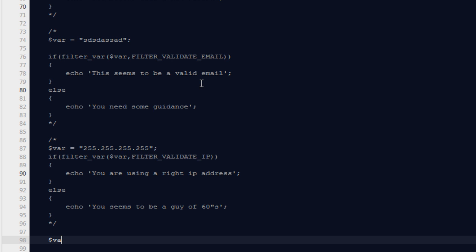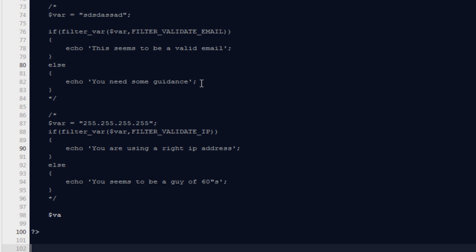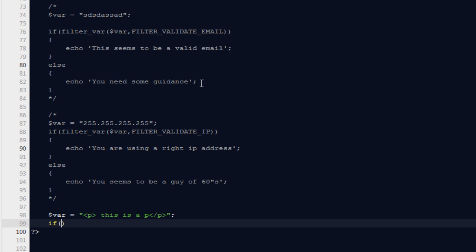Here I'm going to create a variable on the bottom. And guys, what I'm going to do is write some chunk of HTML here. I'm going to say this is a P. So probably we have an HTML tag called paragraph here. Then we don't have to do any check because we are sanitizing the data, we are not validating it. So I'm going to say after sanitization, filter the variable we created on the top, and which kind of sanitization we want to work with. So I'm going to say filter sanitize